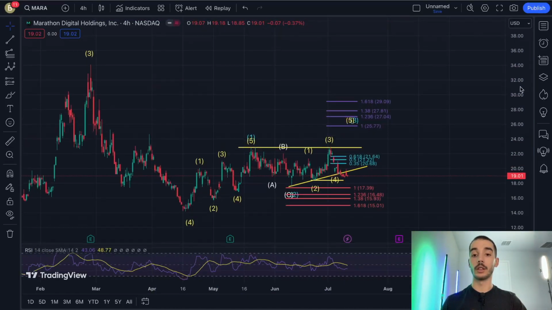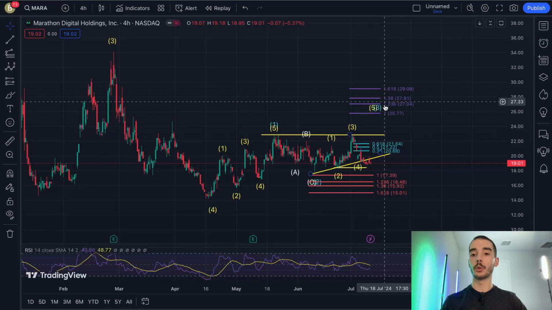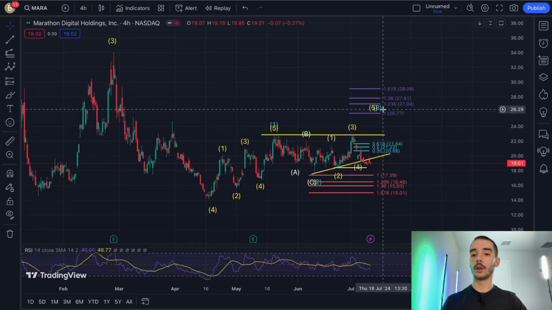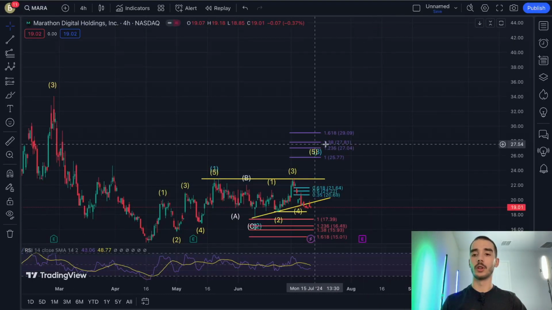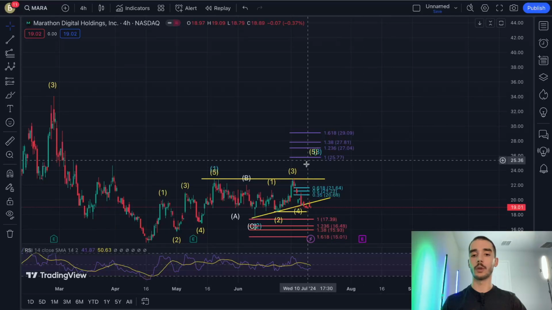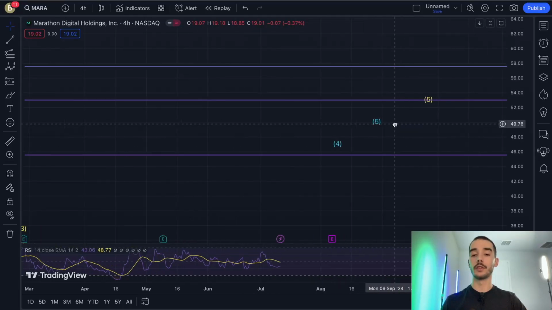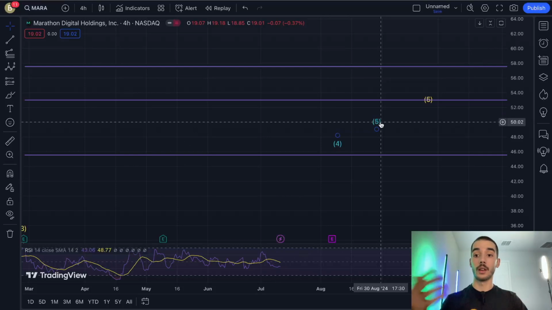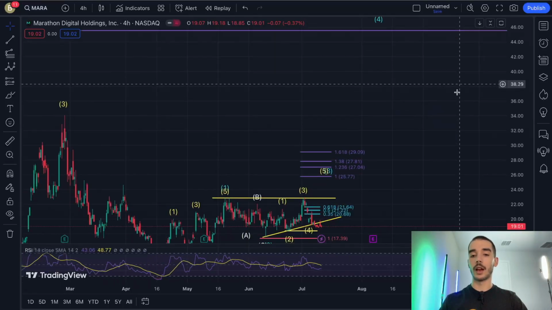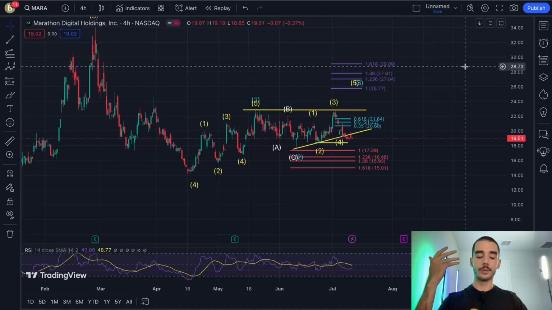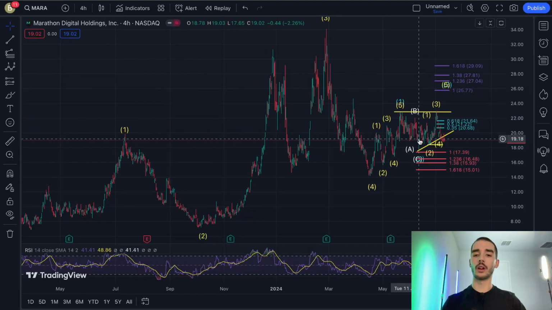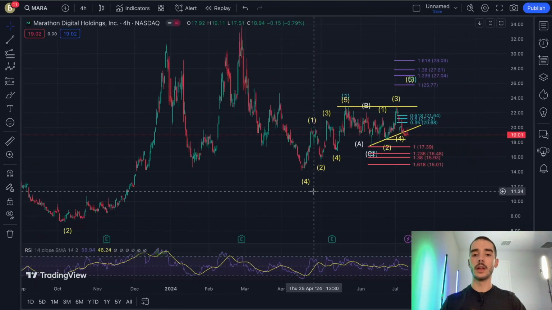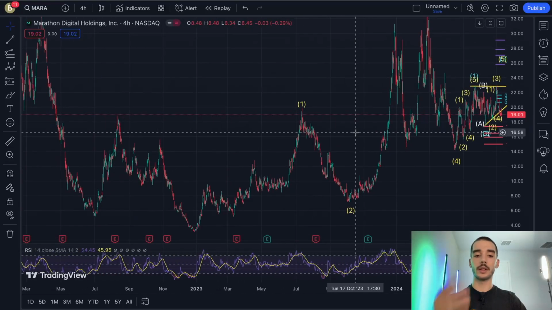We haven't even completed a third wave move up yet. The third wave can bring us up to around $26, and then the fourth wave will obviously be under $26, but we'll get to that once we complete the third wave. And then the fifth wave can bring us all the way up to around $50. I didn't notice that bigger picture bullish trend that's been going on, and that's amazing. It doesn't change anything that's going on in this smaller frame, but I'm surprised I let that slip by.